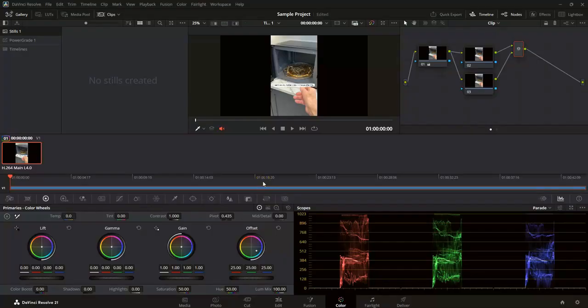Nodes give you incredible control over your image, so take your time experimenting with different combinations to achieve the perfect